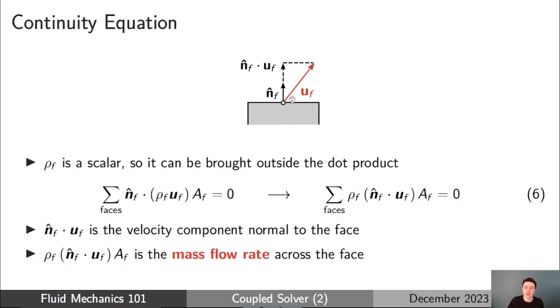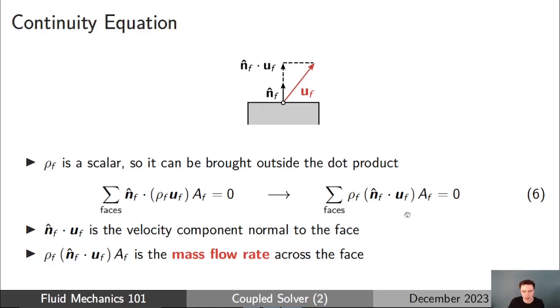And of course the velocity vector, UF, can point in any direction it wants. It's part of the solution. But the unit normal vector always points normal to the face out of the cell. So when we take the dot product of that unit normal vector and the velocity field, what we're actually doing is getting the component of the local velocity that's normal to the face. And the reason that's important is the component of velocity that's normal to the face transports mass across the face